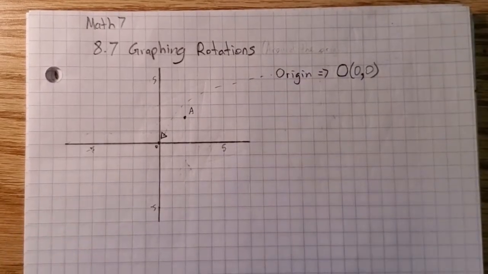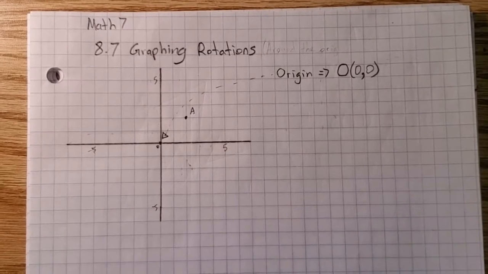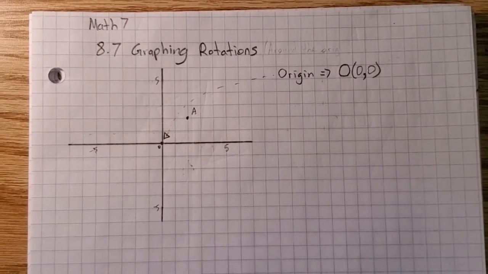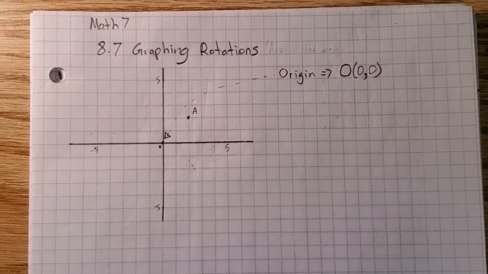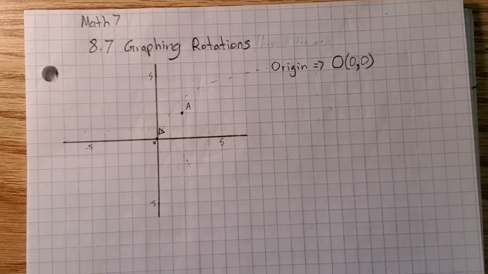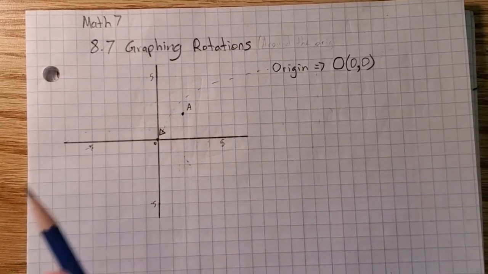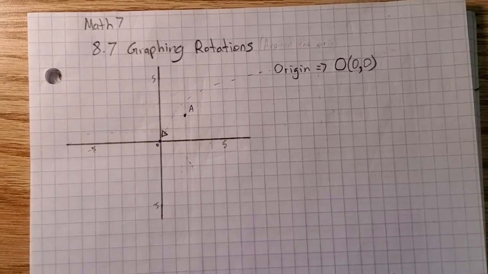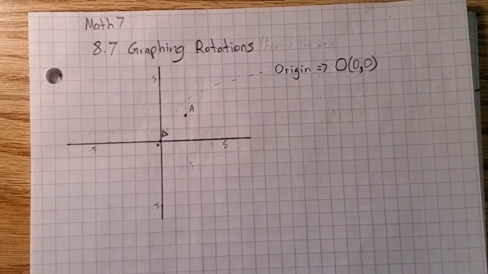This is Maths Evan, lesson 8.7, graphing rotations. It's the last lesson in our textbook. What we're going to be doing, this is the third type of moving a shape or some points around on